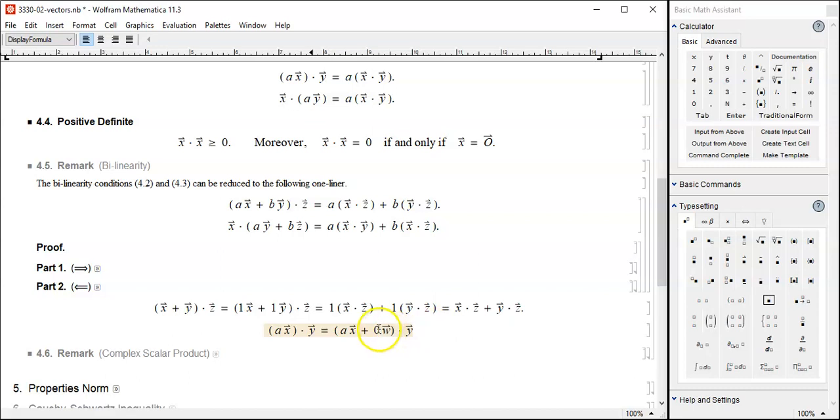Okay. Adding 0 doesn't change anything, so I didn't do anything spectacular yet. And then let's apply this rule. I can take a out, and I can take b out. B is 0, so I'll do that too. So a times